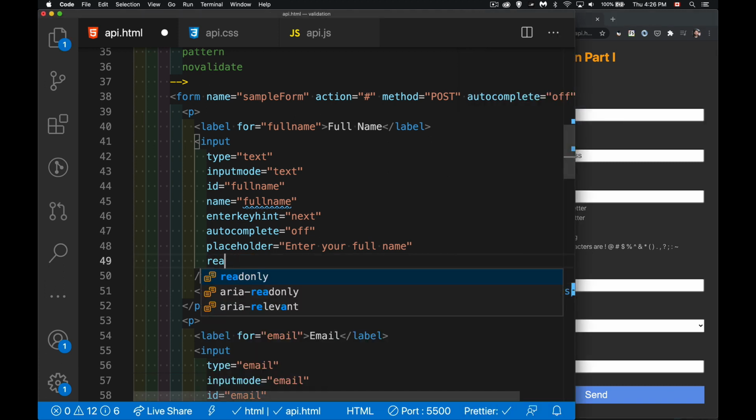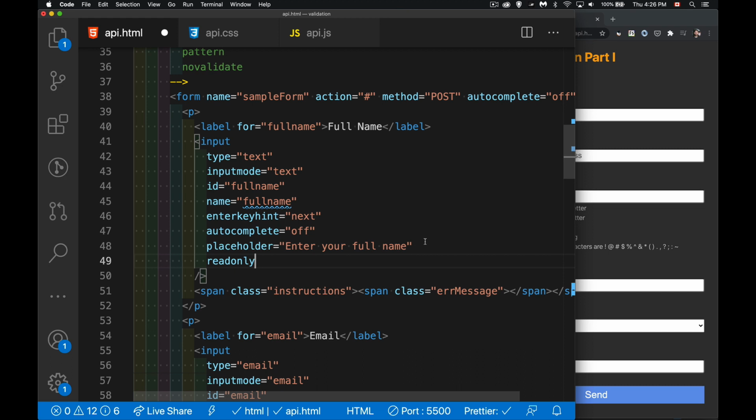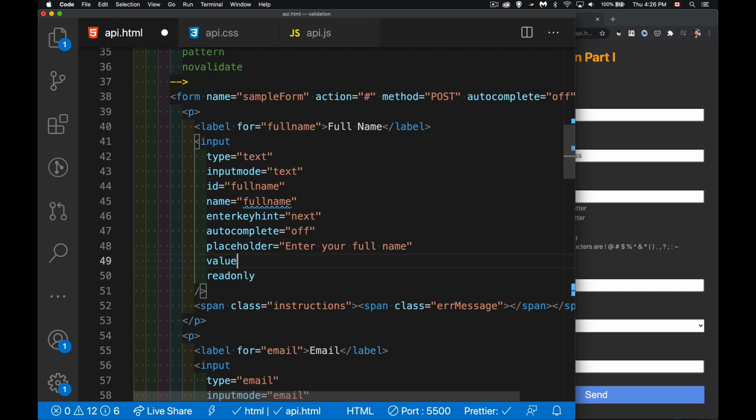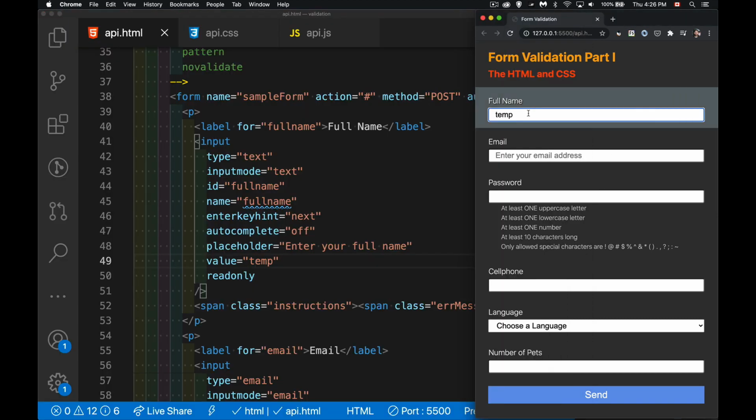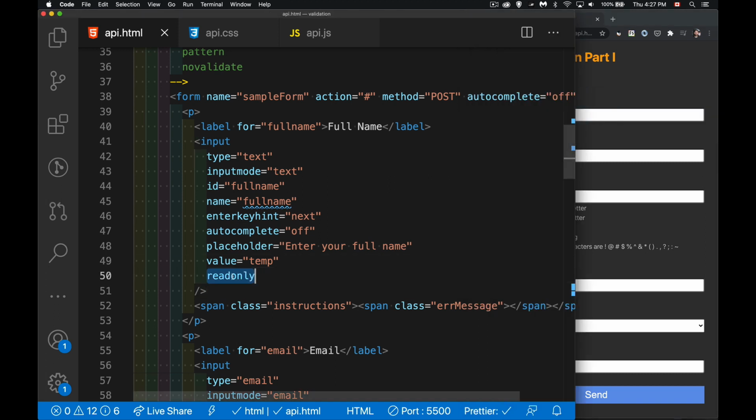Read-only means that the person is not allowed to edit. So we can say, let's see the value. I'll just put something in there, temp. There we go. So I can double click and copy that and paste it, but I cannot select in there and I cannot enter. So I can give it focus, but I can't actually select the text and start typing there. So it is read-only. If we change this to disabled,